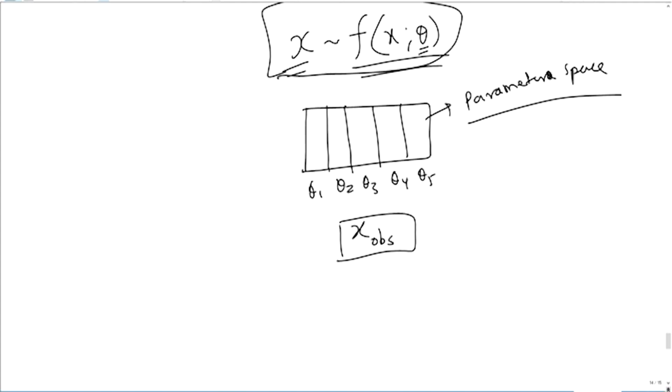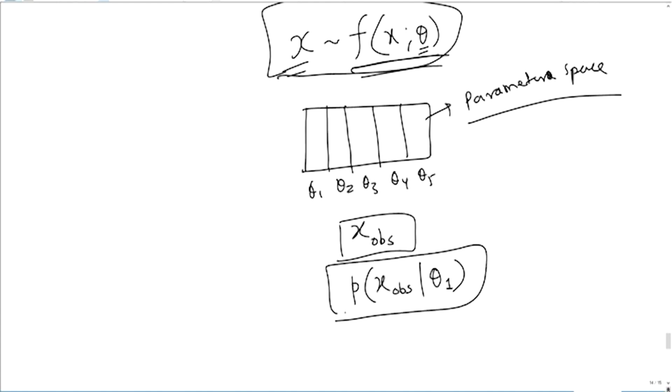Okay, how do I calculate probability density of observing this data given that I'm assuming x obs comes from f of x theta, right? So basically you can write it like this: probability density of observing exactly this data x obs given a particular value of theta. So let's say theta 1. So this thing would give me probability density of observing x obs given a particular value of theta,